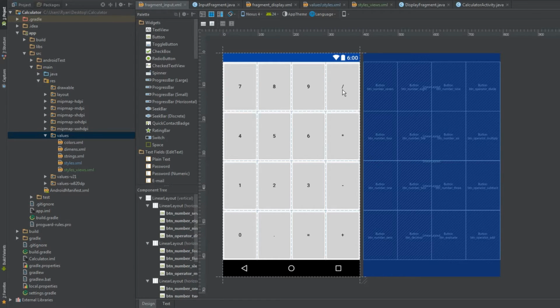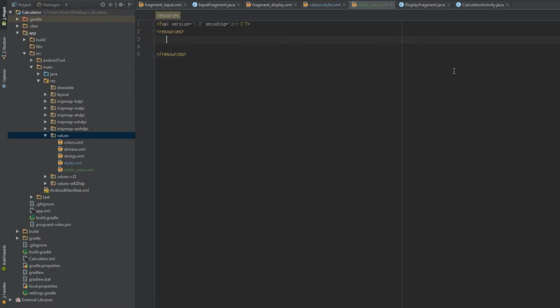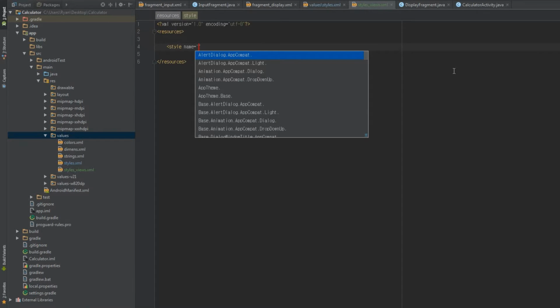And that's sort of just for visual appeal. And so that means we're going to need to create a style for each of those. But we're creating two styles instead of styling all of these buttons individually. So what we're going to do is hop back over to the values and styles views, and we'll create our first style here. First things first, we're going to create a style tag,